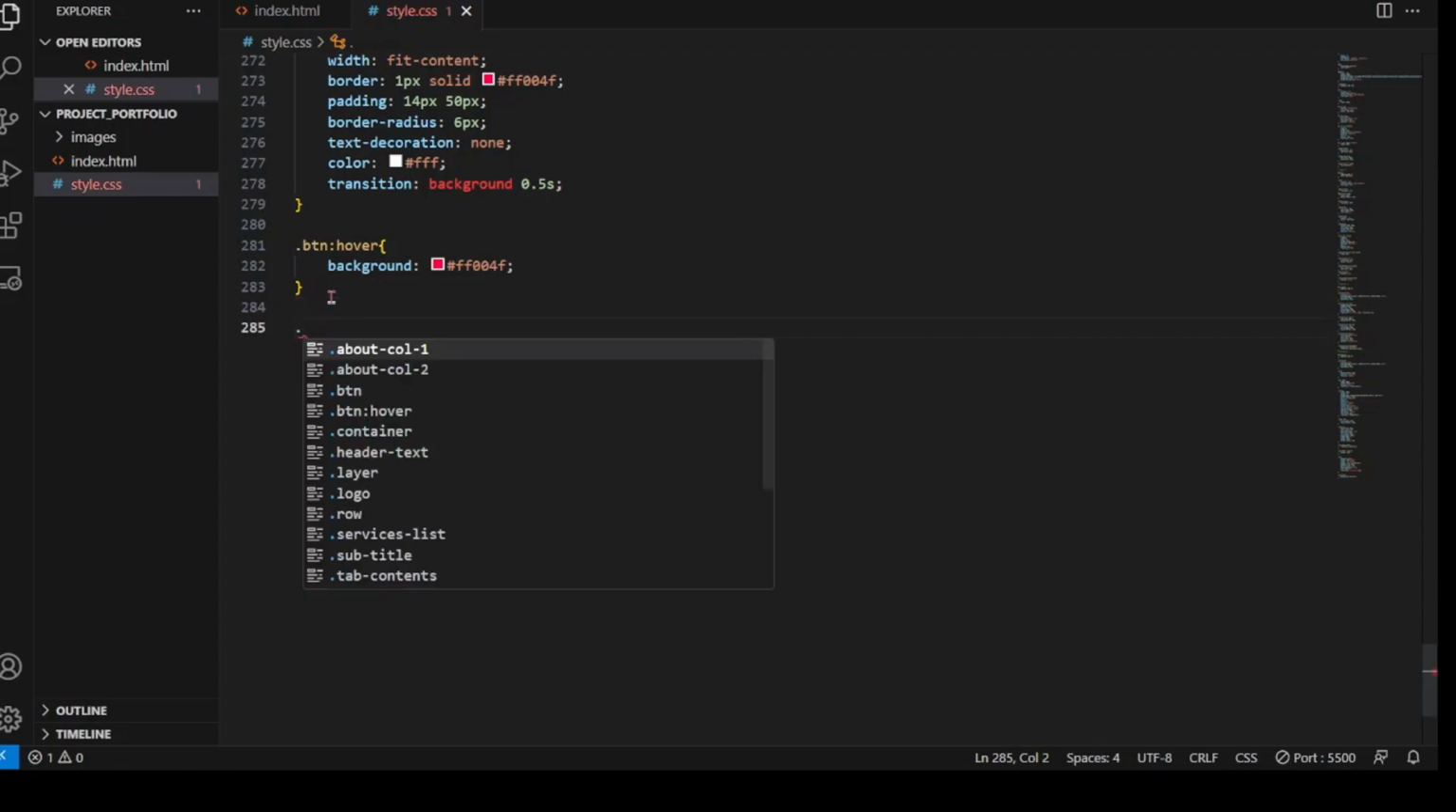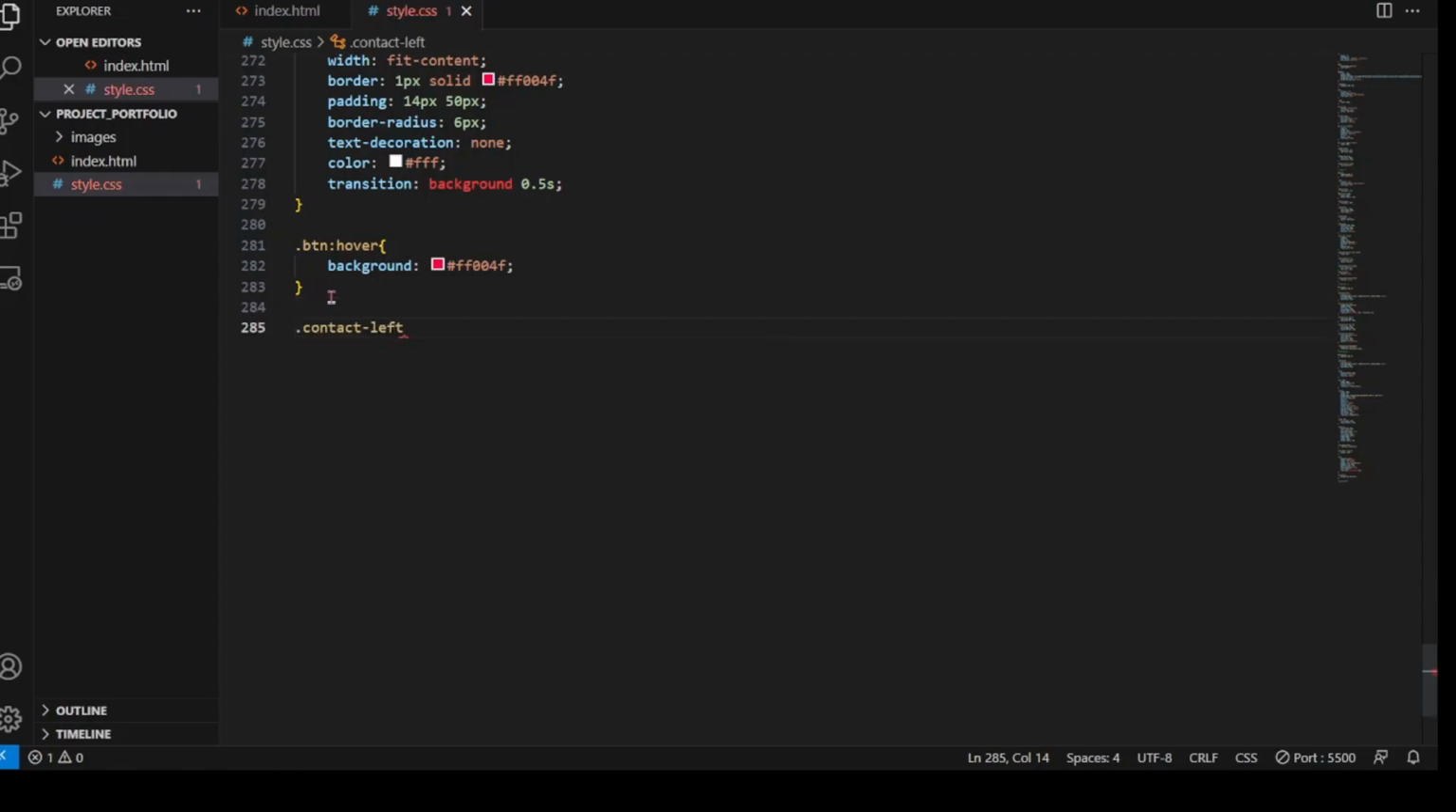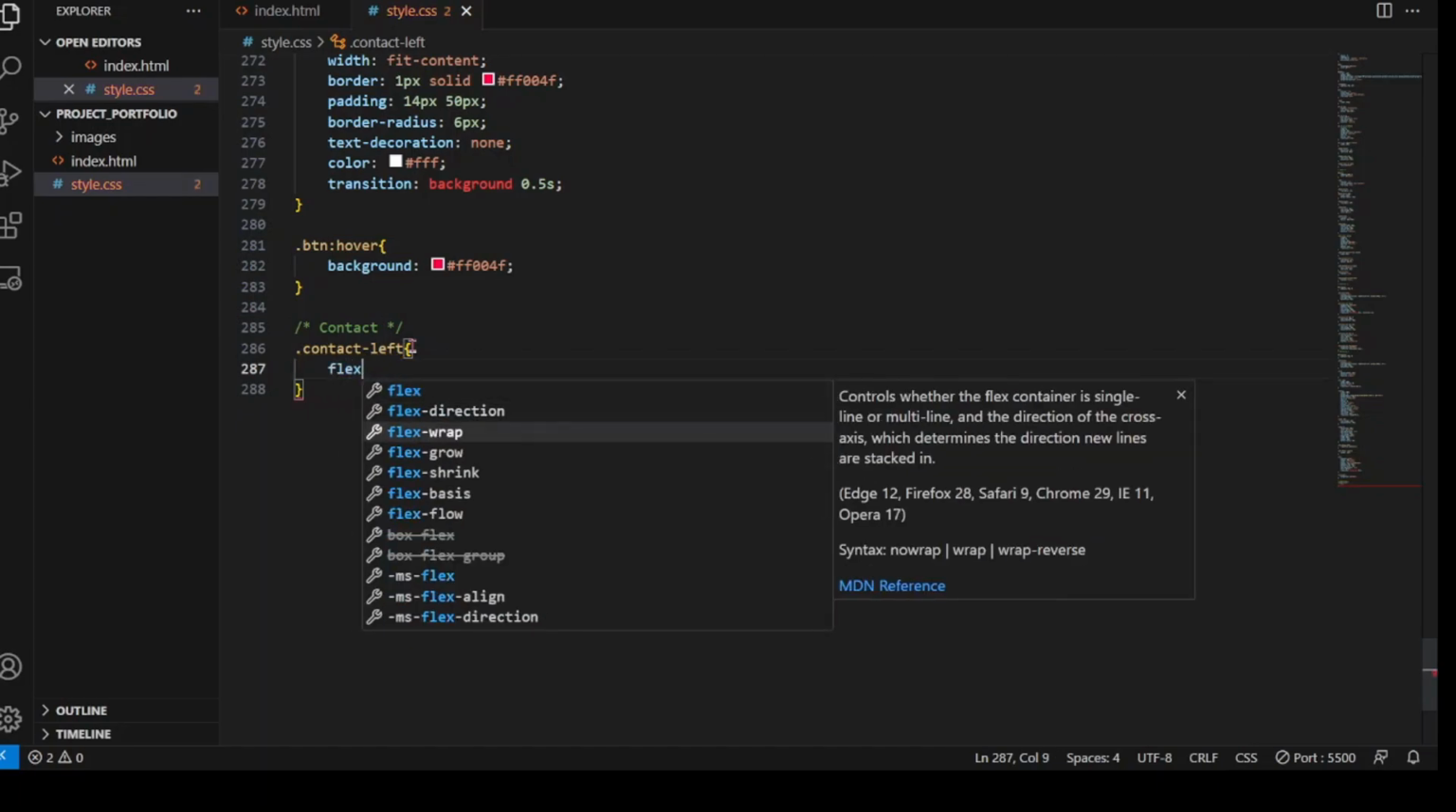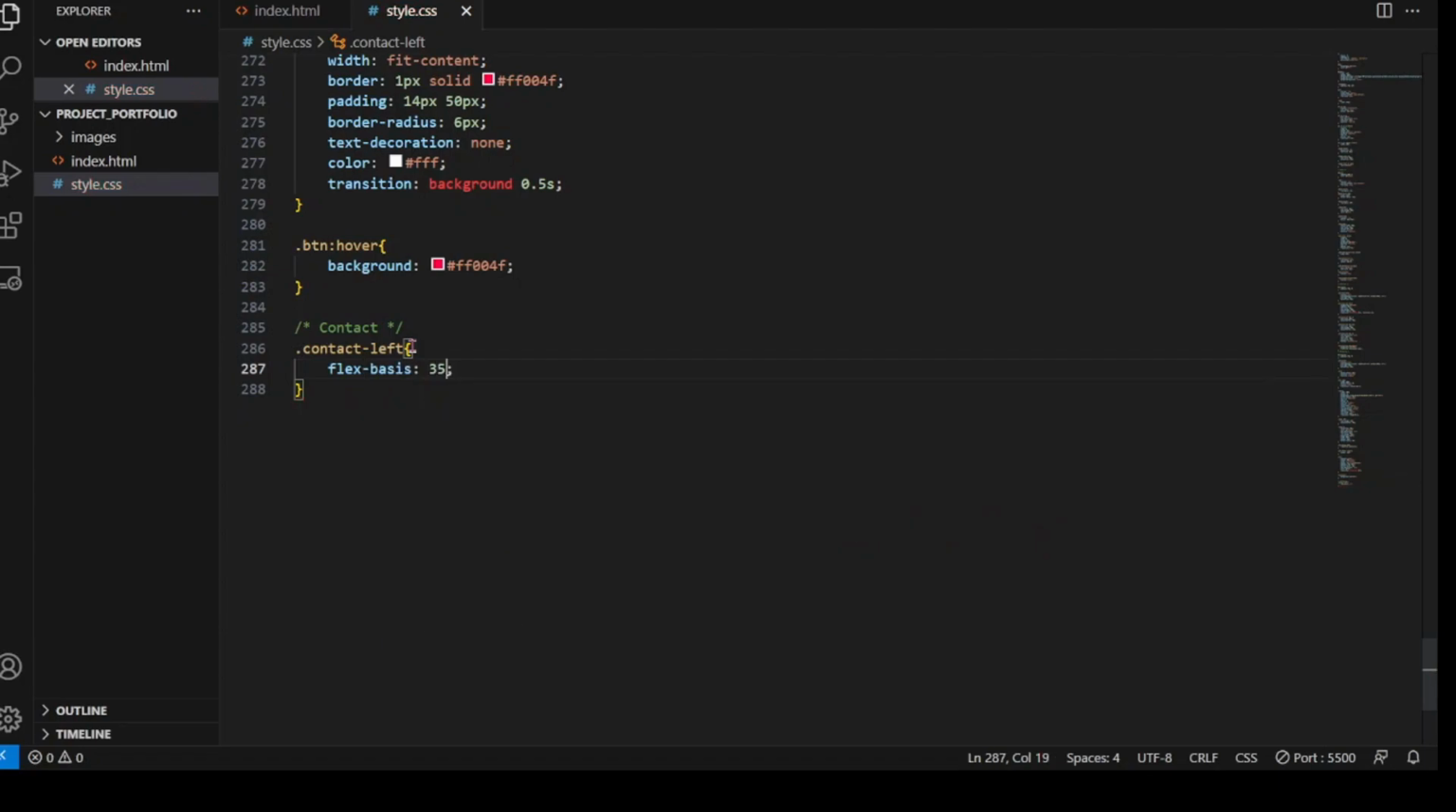Add a comment here. Contact. We have not added the comment first. Contact left will have flex basis 35%,